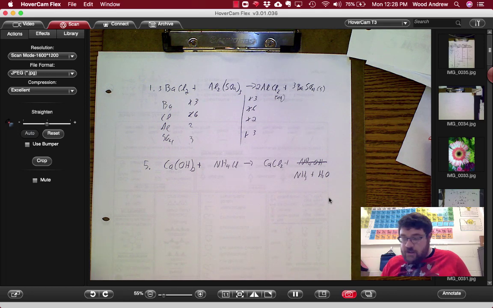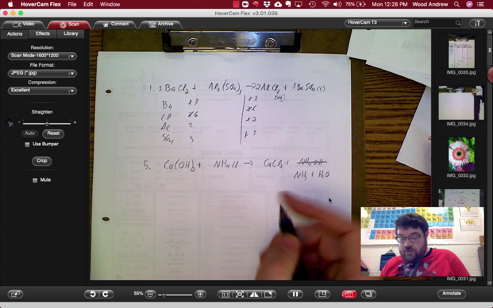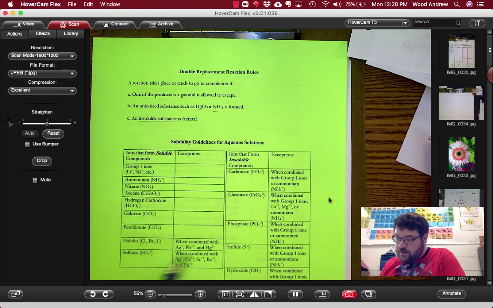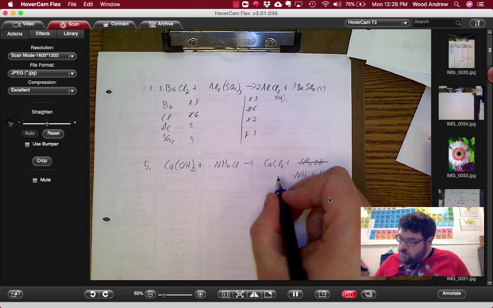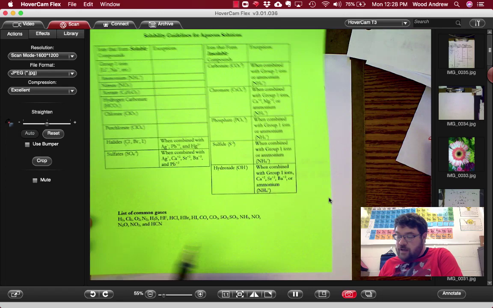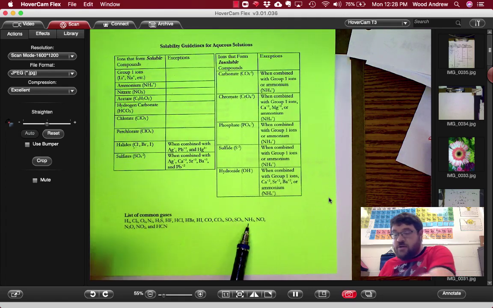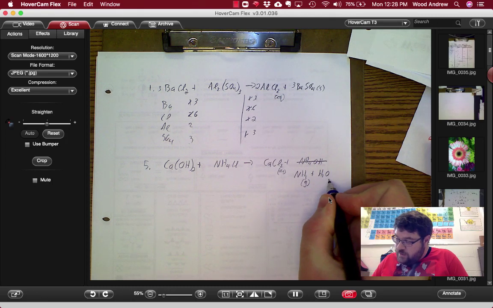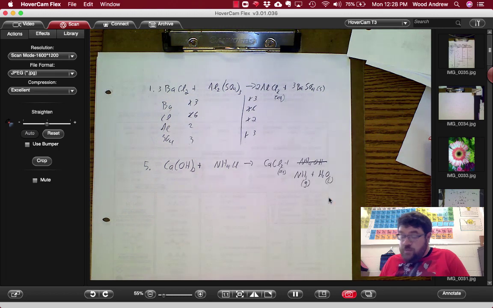Again, let's double check to make sure this is okay. Calcium chloride, again, all the halides are soluble with a couple exceptions. Calcium is not one of them, so this would be aqueous. NH3 then is one of our common gases. That's ammonia gas, so this would be gaseous, and water, of course, is a liquid. So this will proceed because we have a gas that forms. We're fine. Balancing this,